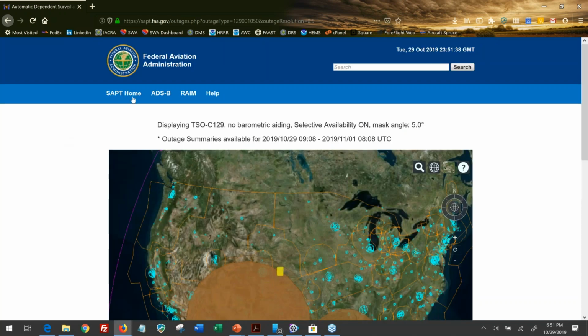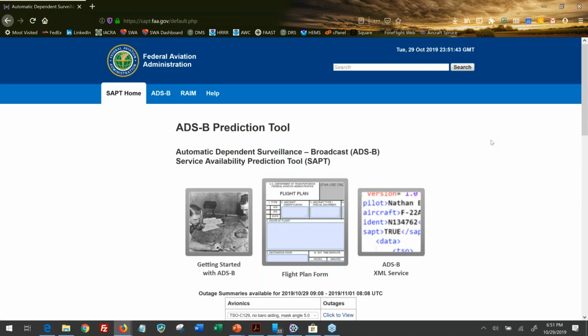So that's the basics of the SAPT website. I've included in the handout section, and you can ask the question in the chat if you're not seeing it, but on your control panel of the webinar, you should be able to see the handouts, and there are 2 handouts.